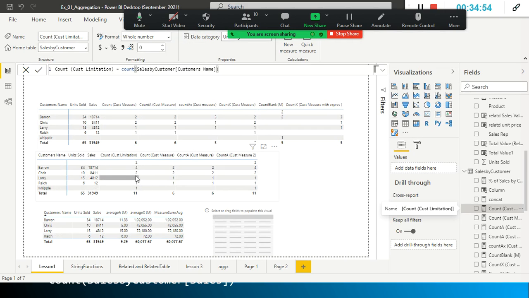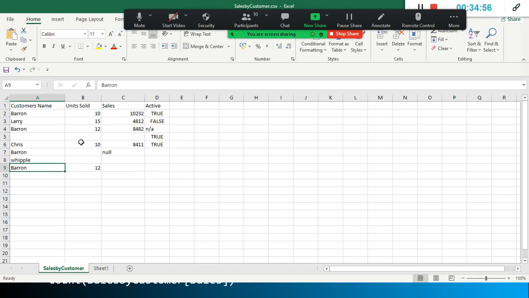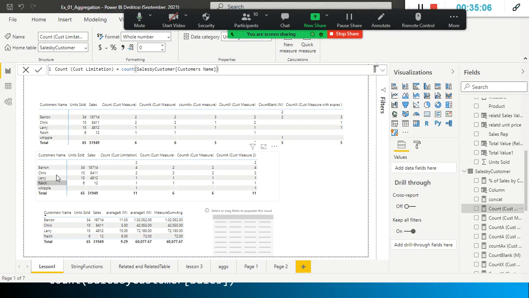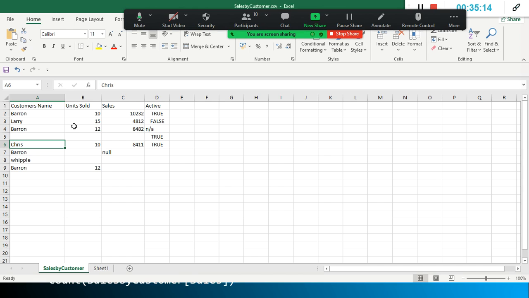Then Chris is 2 times. Earlier I was using another record, I removed it for testing purposes. Chris is appearing 2 times, Larry is appearing 1 time, and the other people, this guy is appearing only 1 time.